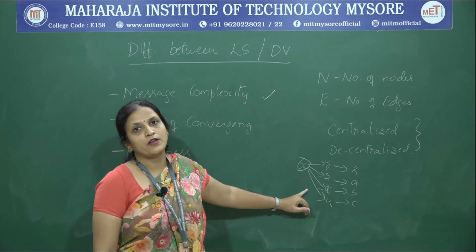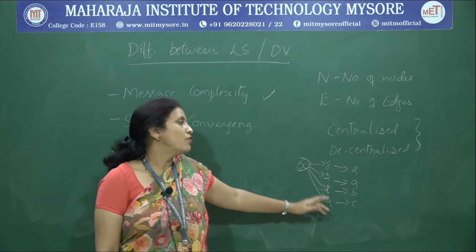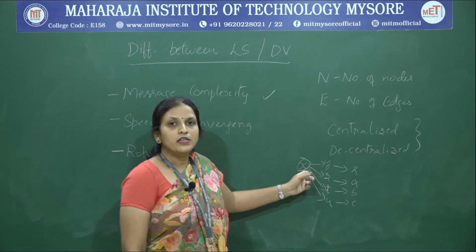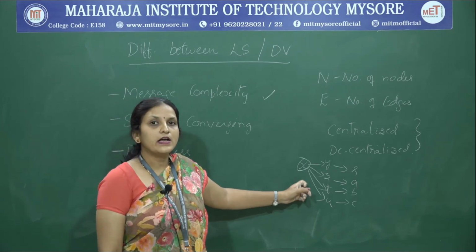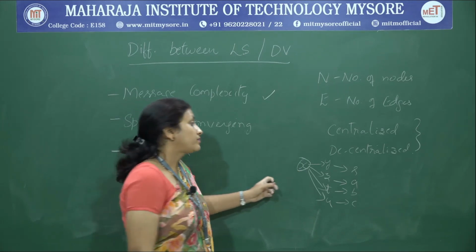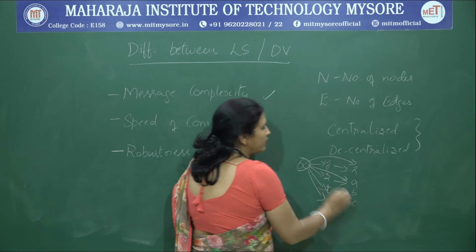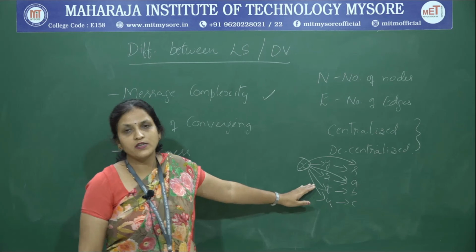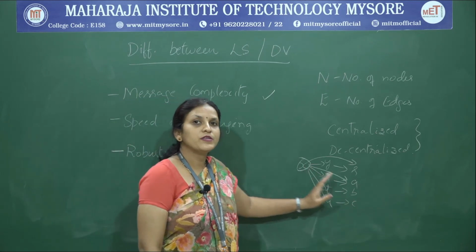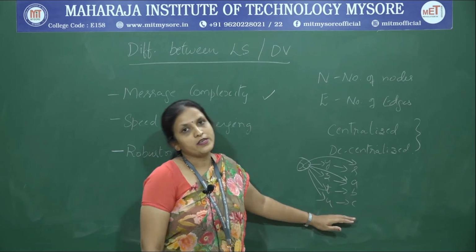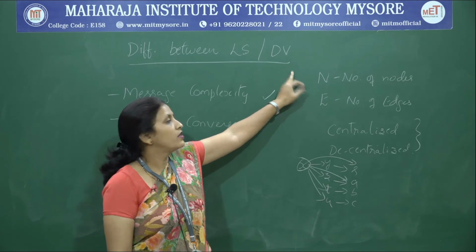So, the complexity of message is high, and as I already told you, this source vertex X needs to have complete information about the link cost, that is the cost that it takes to travel from X to all other vertices or all other routers that are present in that particular network. So, the complexity of messaging is more in case of link state, whereas in case of distance vector methodology, what we do,